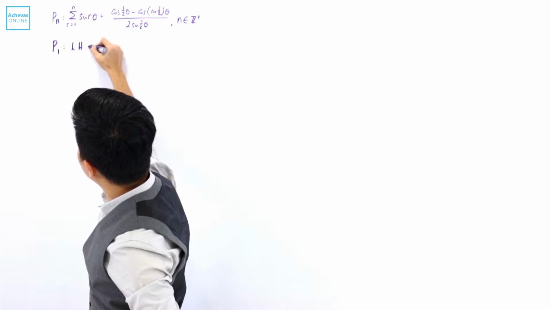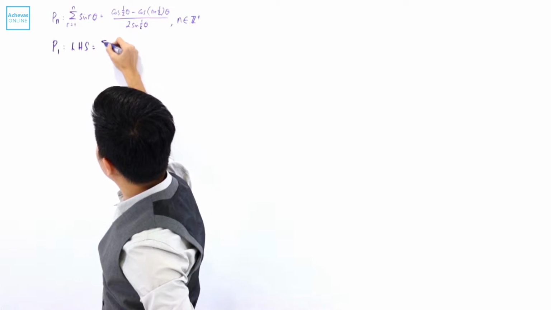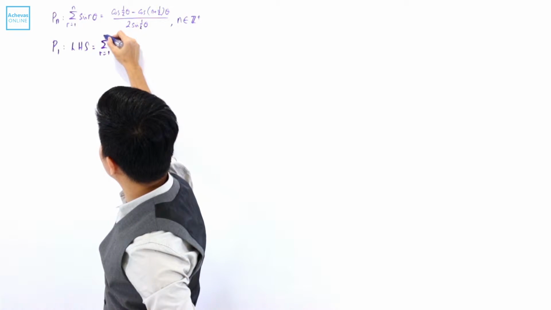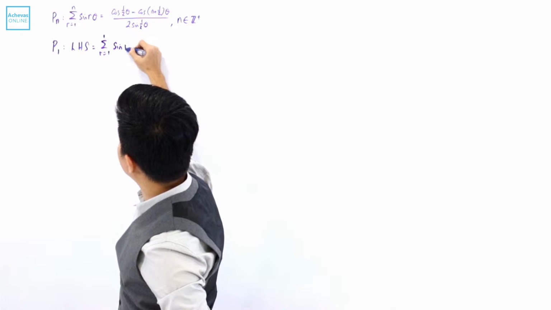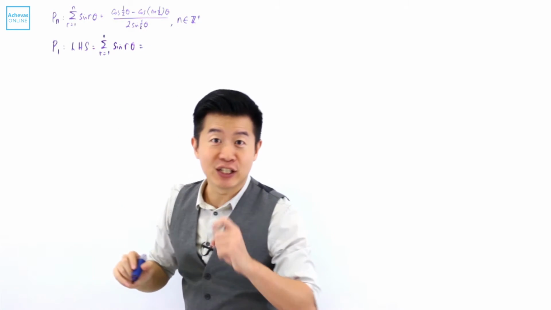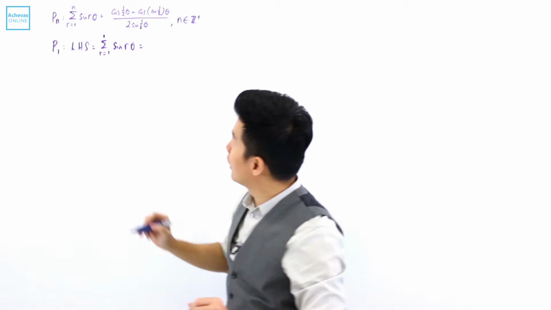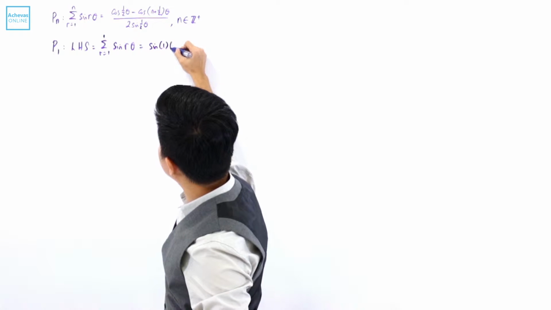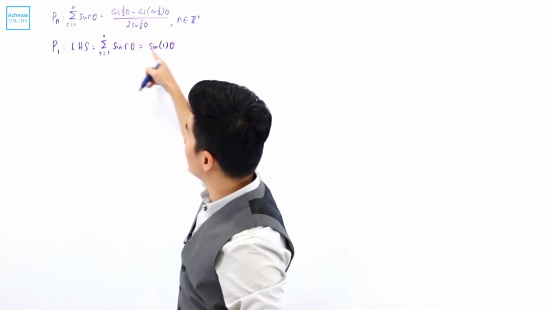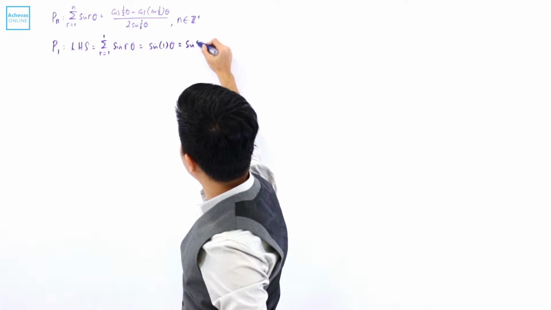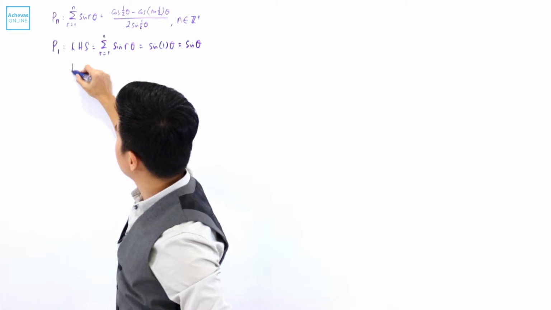And on the left hand side of P1, what we will be having is a summation of r equal to 1 all the way to 1 of sine r theta. And to evaluate this, I must first recognize that theta over here is independent of r. So there's only one single term, which is sine 1 theta, and that is when r is equal to 1 and ending also at r is equal to 1. And this is just sine theta. And on the right hand side,